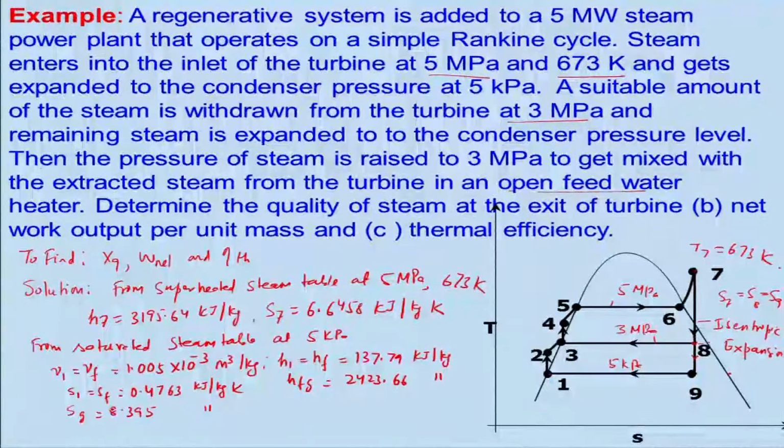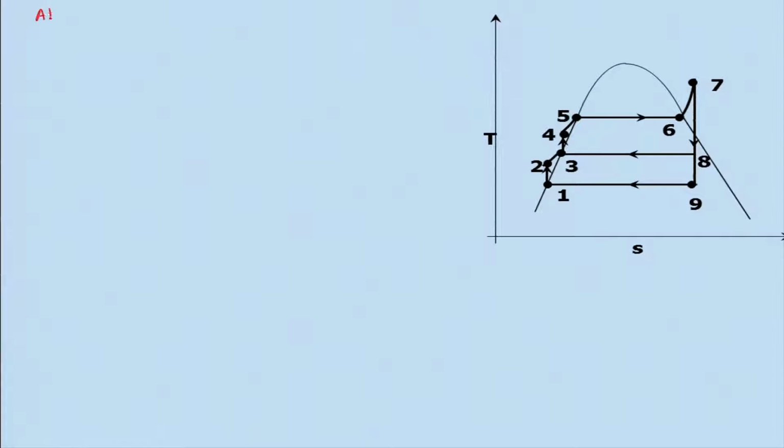corresponding to 3 megapascal. So, let me just write down, at 3 megapascals from the saturated steam table, I can get these values: Vf is equal to V3 is equal to 1.115 into 10 power minus 3 meter cube per kg, and Hf is equal to H3 is 721.1 kilojoule per kg,